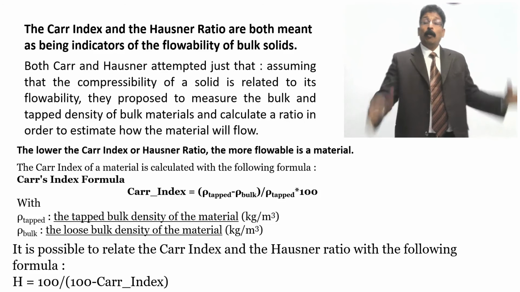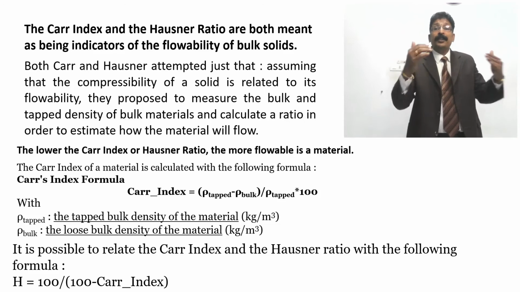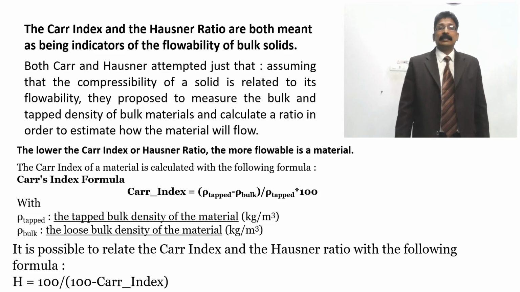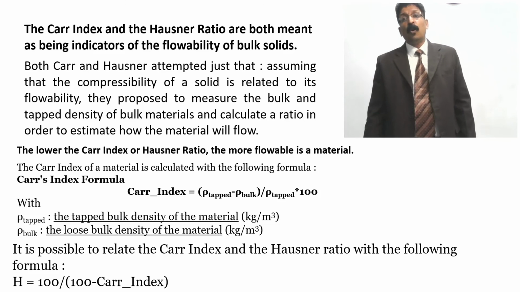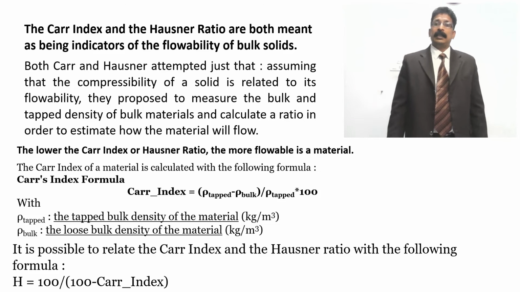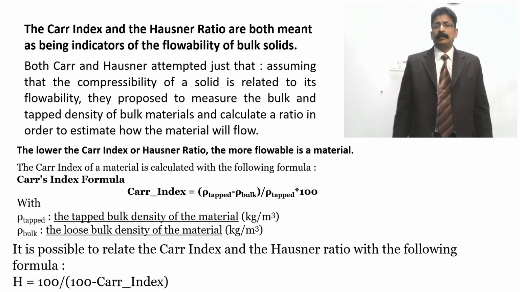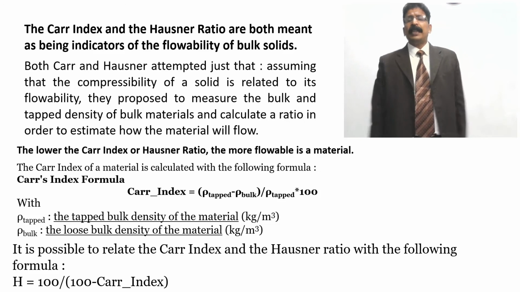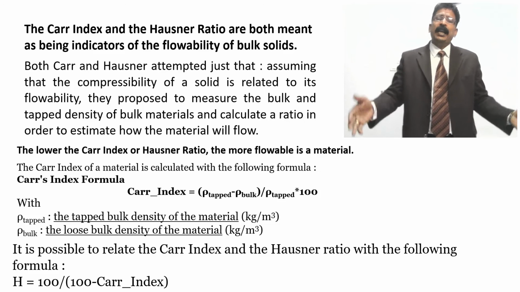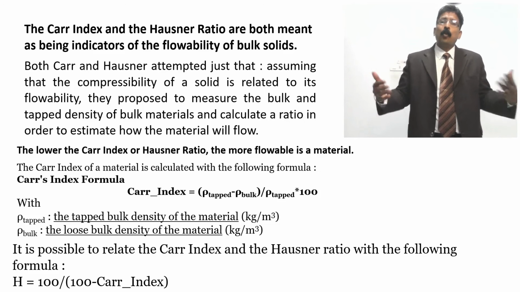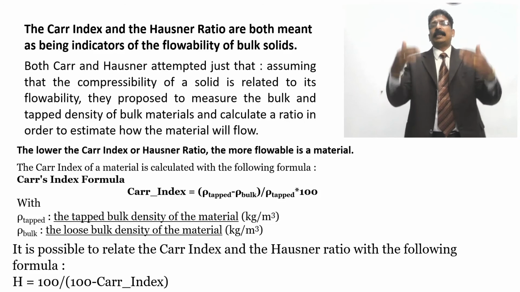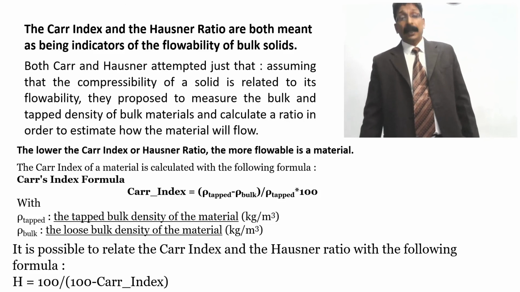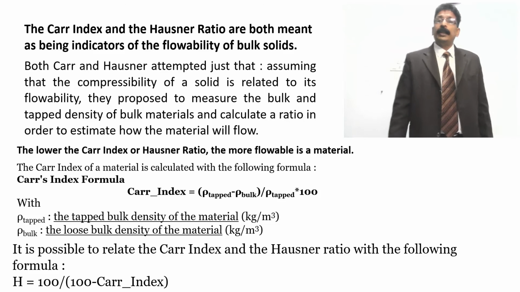If the Carr's index and the Hausner ratio are lower, the more flowable the material is. You can see that in the reading itself, on the last slide which I have shown. When it is low, the flow property is very high. That's why we say it's fine, excellent, good. And when it is higher, we say it's poor. And silicon dioxide, magnesium stearate or talc can be added to increase the flow property